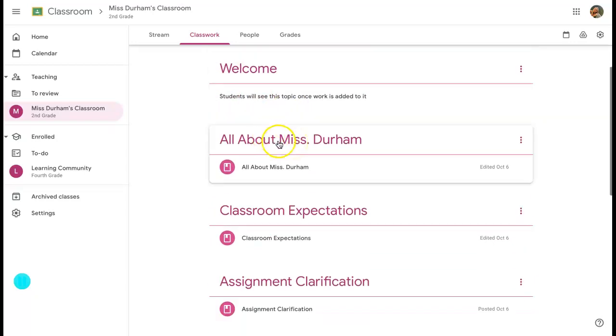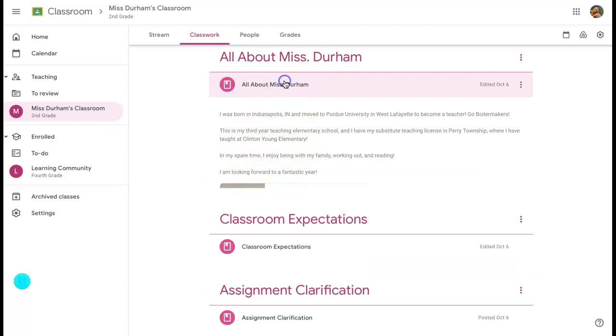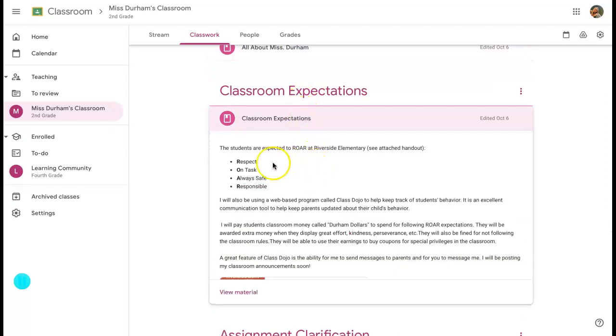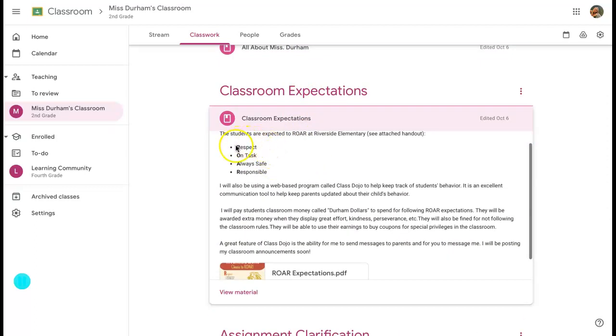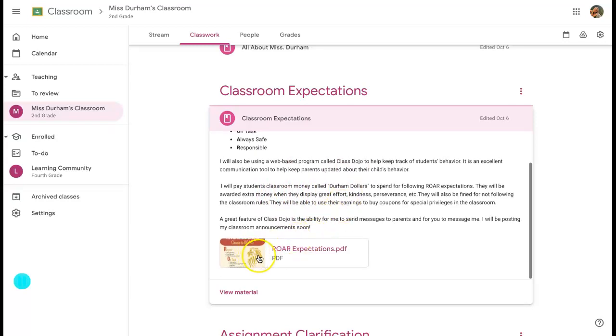And then I have all about Miss Durham, so all about me. And if you go into this, you'll see a little bit about me and then a picture of me. I have the classroom expectations. So these are the classroom expectations I expect them to follow. And then I also talk about Class Dojo and how I will use classroom money called Durham dollars. And then they can see a PDF of the expectations I've put on a paper